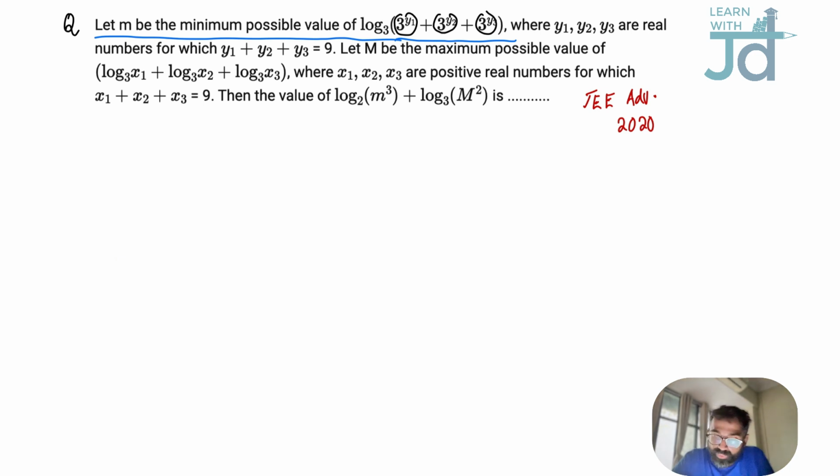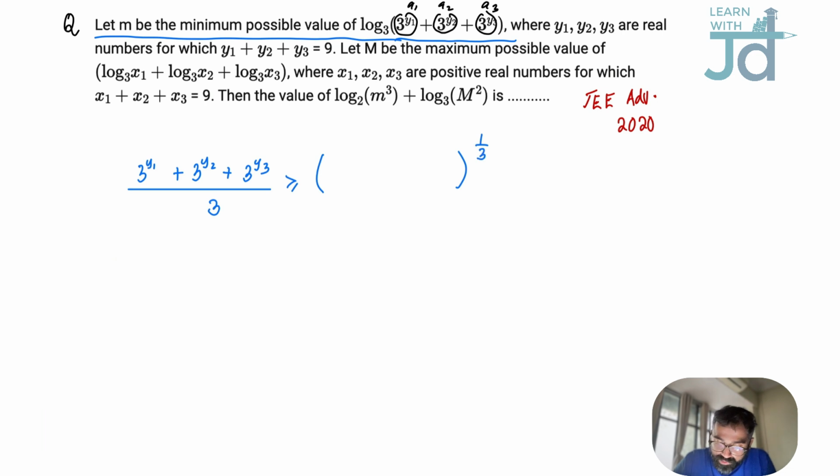So we will use those as my A1, A2, A3. So let us do 3^y1 plus 3^y2 plus 3^y3. I am taking its AM, so divided by the number of quantities, that is 3, greater than or equal to the cube root of the product. So 3 raised to y1 into 3 raised to y2 into 3 raised to